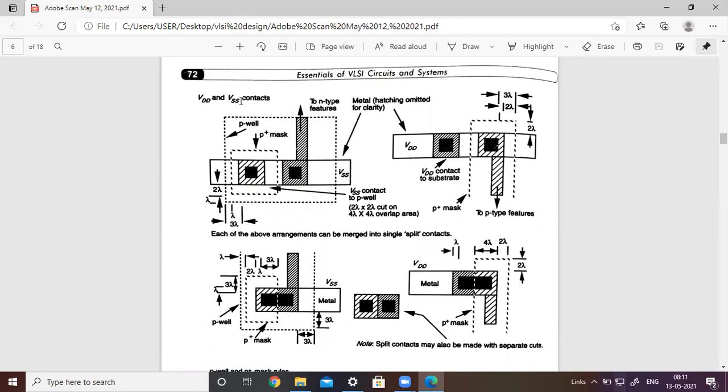these are the different types of contacts. There are VDD and VSS contacts. You can see because you are having well structures. Okay, in a single silicon, we are going to form both N channel transistors as well as P channel transistors. So therefore, we require a well connection. So in the P well, we are going to construct N channel transistors. In the N well, we are going to construct P channel transistors.